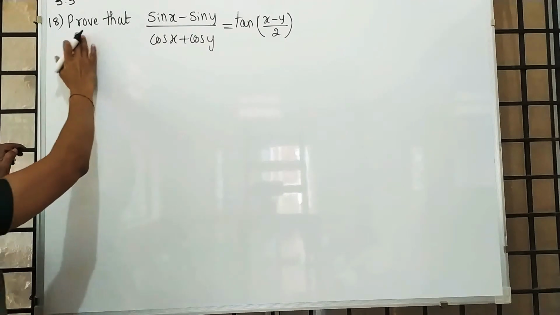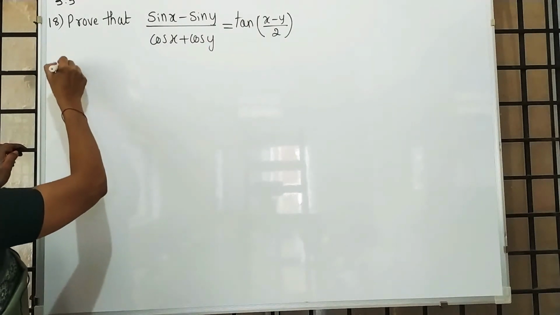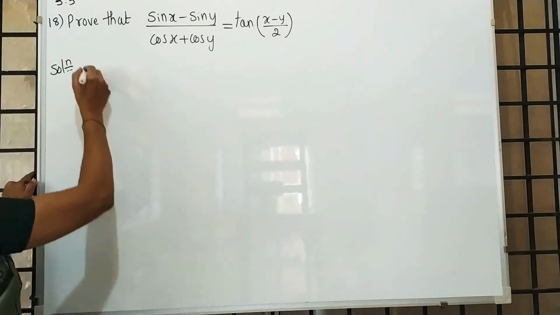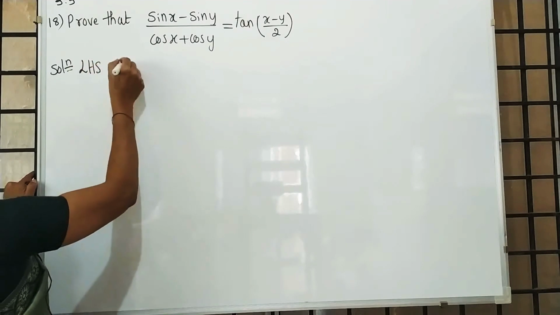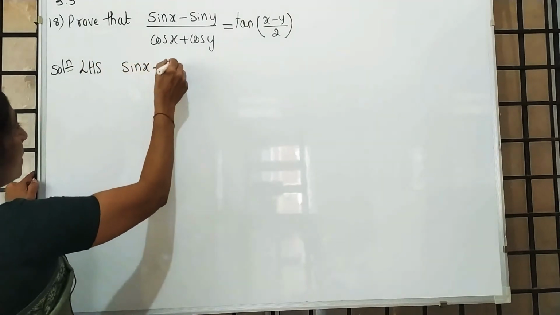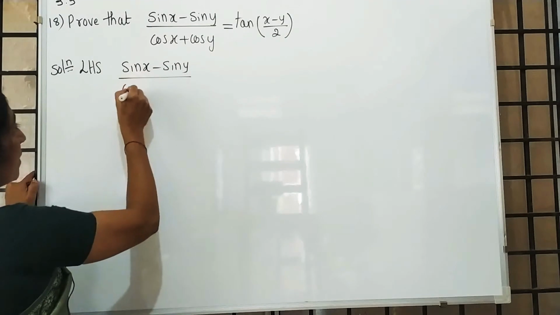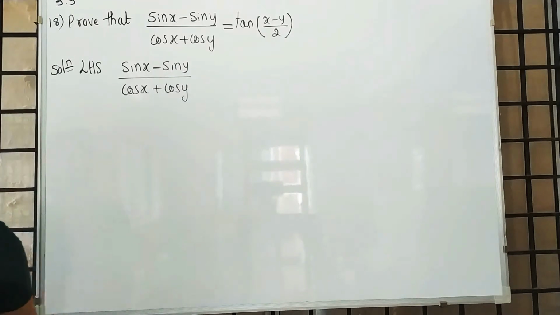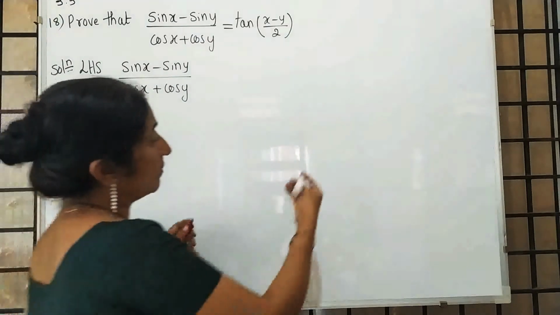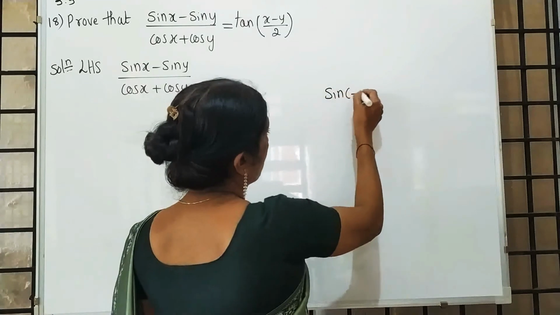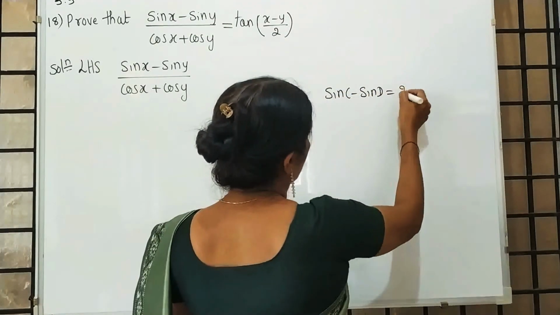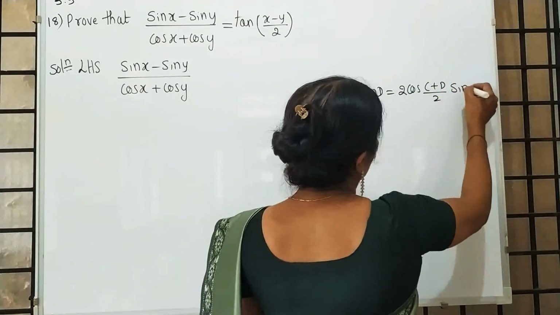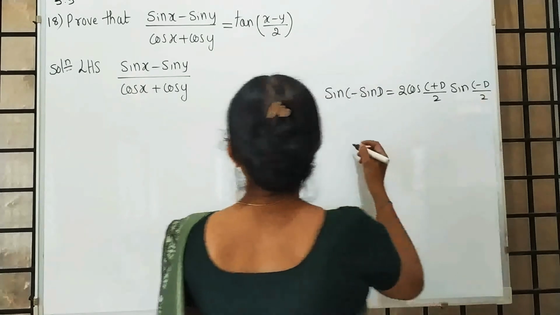See question number 18. Prove that (sin x minus sin y) upon (cos x plus cos y) is equal to tan of (x minus y)/2. Write down the LHS: sin x minus sin y divided by cos x plus cos y. So here we are applying a formula: sin C minus sin D is 2 cos (C plus D)/2 into sin (C minus D)/2, and